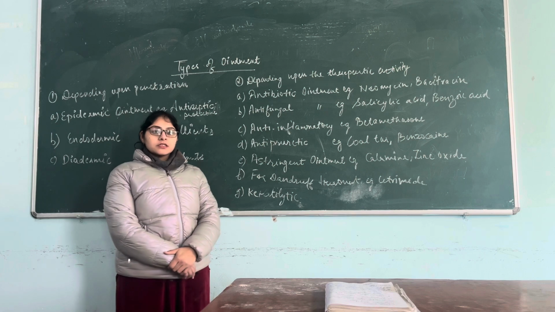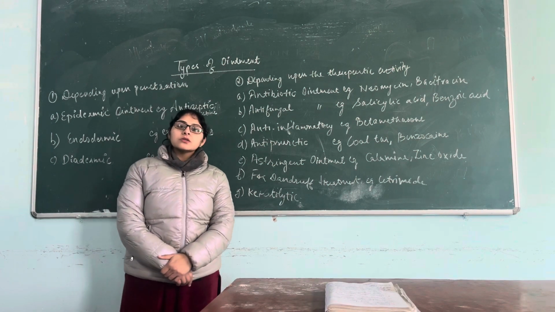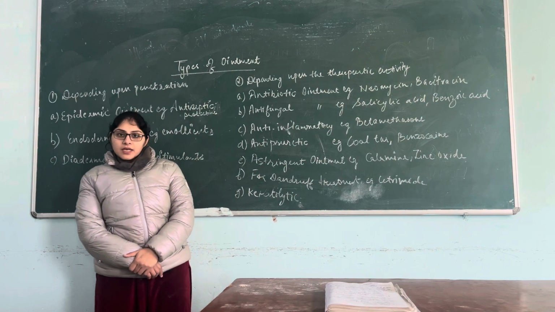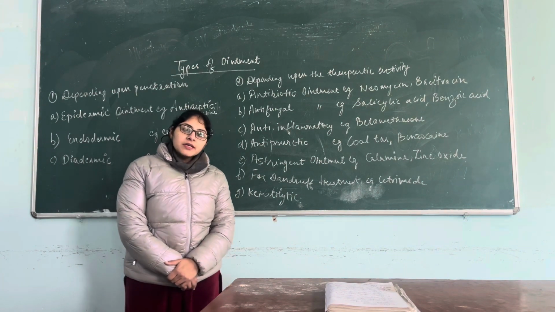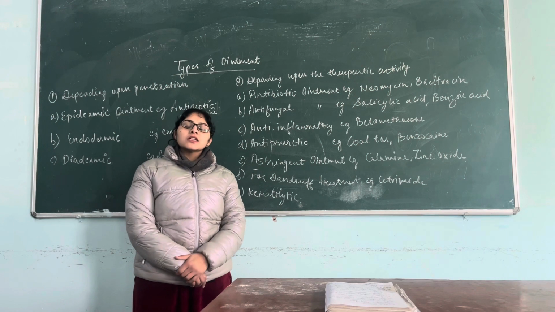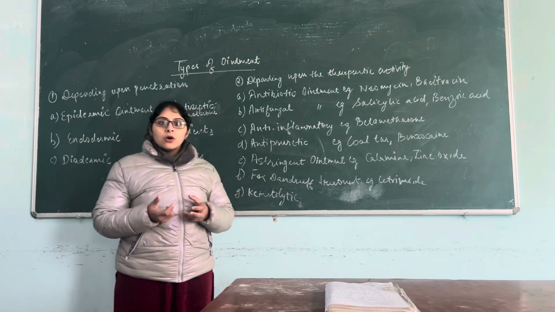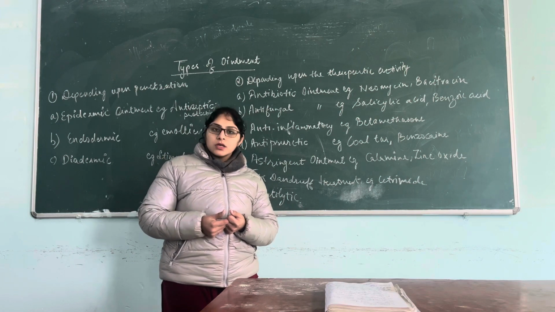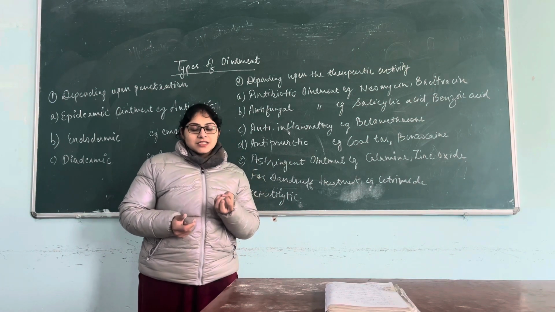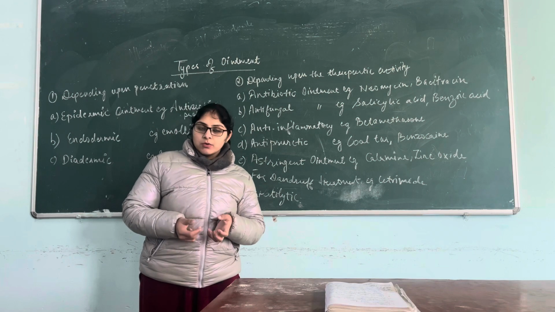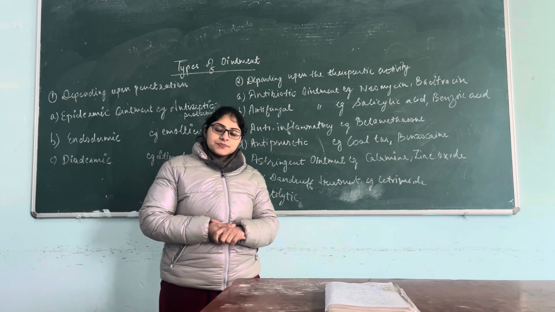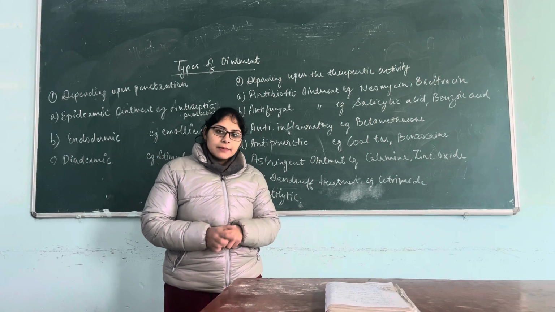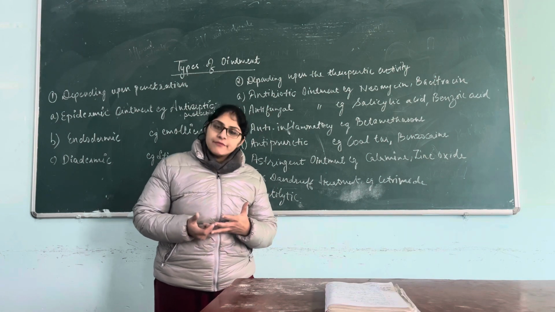So today we will discuss about the ointments. So what are ointments? Ointments are the semi-solid dosage form which are used for the topical application. And ointments are used for those drugs which cannot be taken by oral route or by any parenteral route, or the drugs which are sensitive through the oral route get easily digested by first pass metabolism. So we use semi-solid dosage form as ointment for the topical application which give higher level of efficacy.